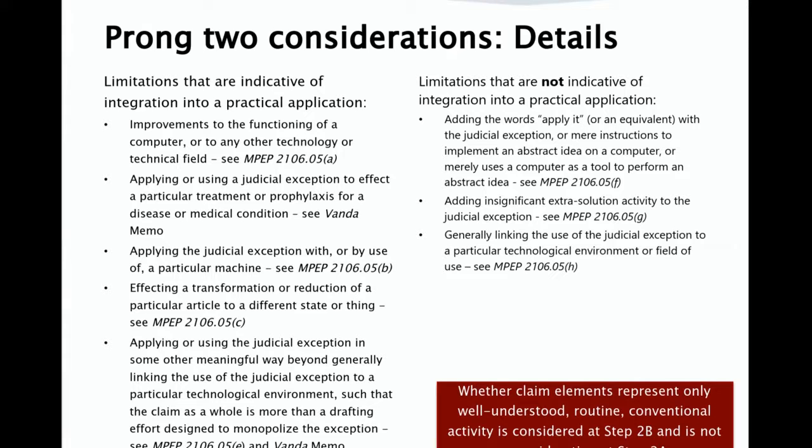Limitations that are indicative of integration into a practical application when recited in a claim with a judicial exception include improvements to the functioning of a computer or to any other technology or technical field, as discussed in MPEP 2106.05a; applying or using a judicial exception to effect a particular treatment or prophylaxis for a disease or medical condition, see the Vanda Memo; applying the judicial exception with or by use of a particular machine, as discussed in MPEP 2106.05b; effecting a transformation or reduction of a particular article to a different state or thing, as discussed in MPEP 2106.05c;